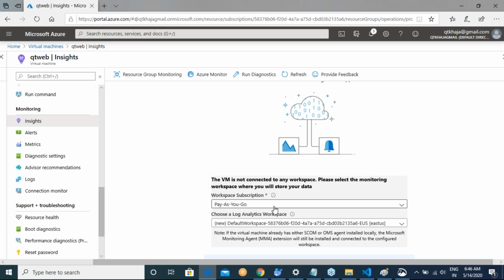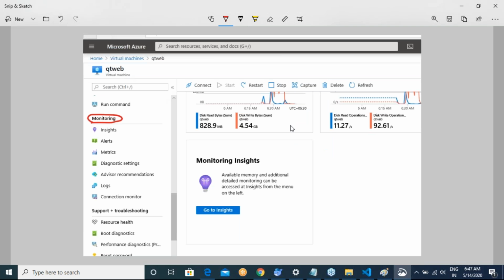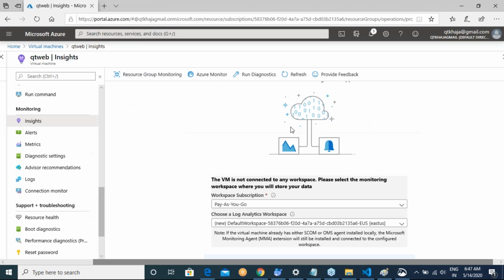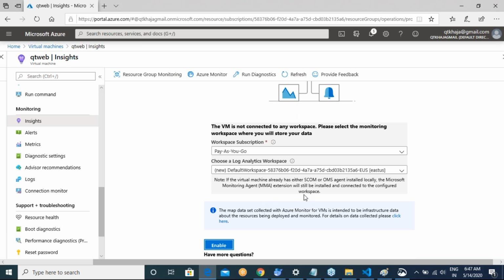And whenever you enable insights, it tells you that it will be creating a Log Analytics workspace. Understand this: this is where all of your data will be stored, where all of your data is getting collected.